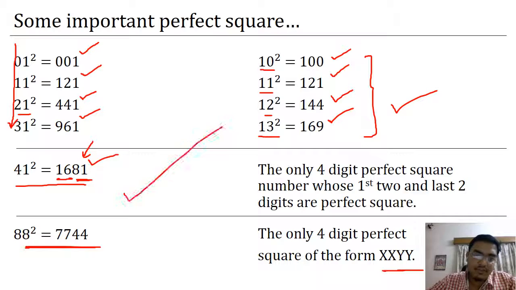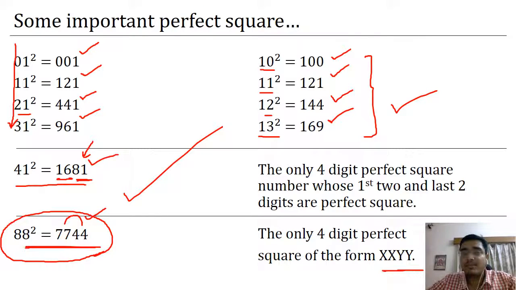Now these have been asked in examinations many a time, so I have included them. So just remember, if the question asks that a 4-digit perfect square is of the form XXYY, then what is the value of x plus y? You just have to add 7 and 4. The value is 11. Similarly, they can ask that a 4-digit perfect square is such that its first and last two digits are perfect squares, and then an operation is performed on that number. So you know that that number is 1681.